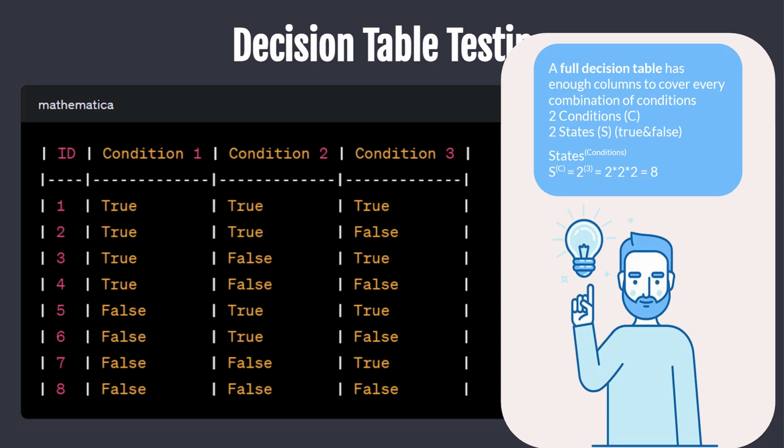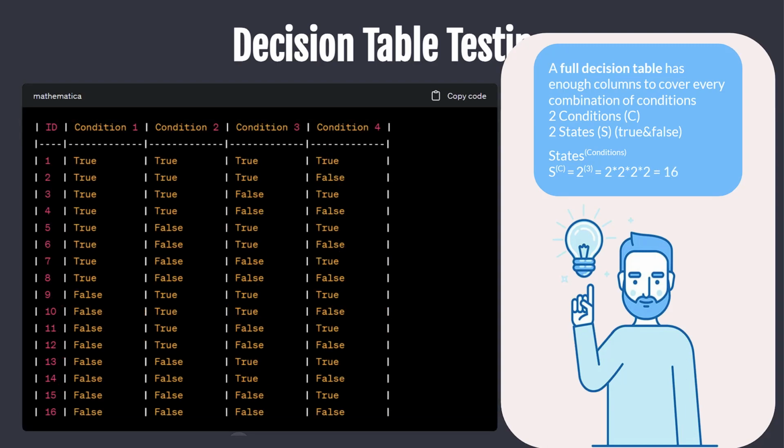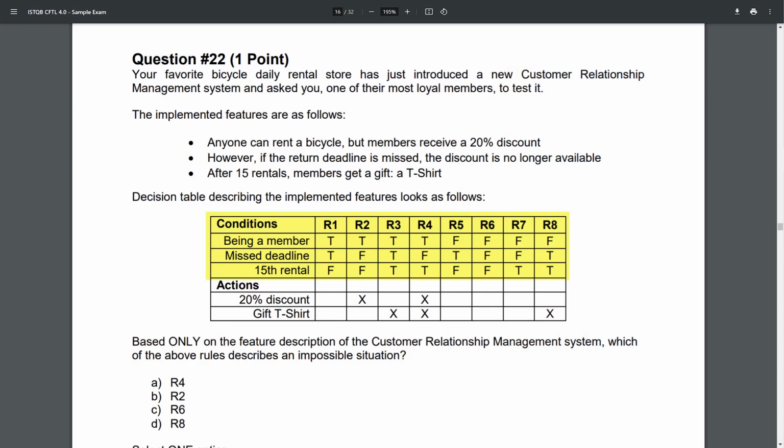8 if 3 conditions, and 16 if 4. Accordingly, now it becomes clear why to simplify the tables. After all, the more combinations, the bigger and more complicated the table. The authors of ISTQB tests mostly understand the complexity of using the decision table technique, and therefore, in most questions,